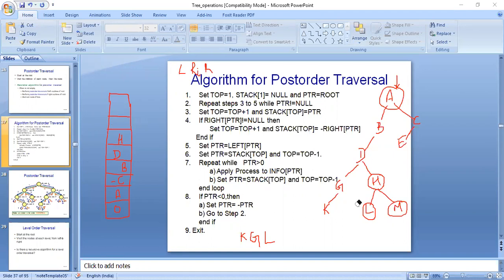So we are remaining with A, negative C, B, D and H in our stack. Then the pointer is set to M, and then we will start processing. So M is the node here. We will place it into our stack and then pop it out. That means we have processed M. So after L we have processed M. Since it is not having any left or right child, we are not placing anything into our stack. So we have encountered M as a leaf node.